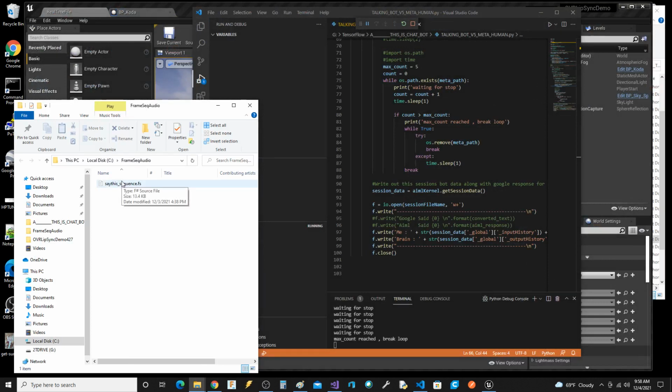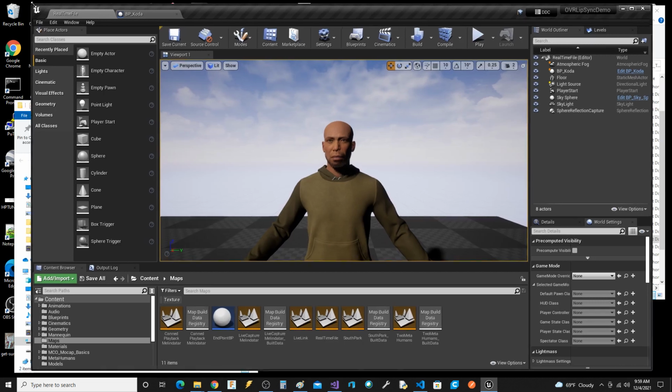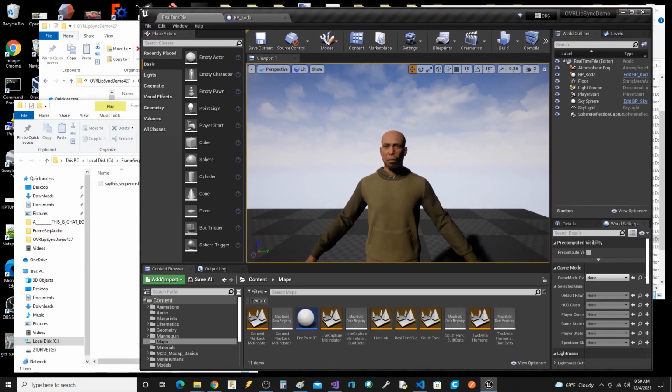And as I'm talking, Google did its thing. There's the wave. And if it doesn't, the Unreal app is going to delete that file. But if it doesn't do it, the Python will. Okay, so this is up and running. Let's wait. Let's come over here. Yep, kind of hacky, I know.